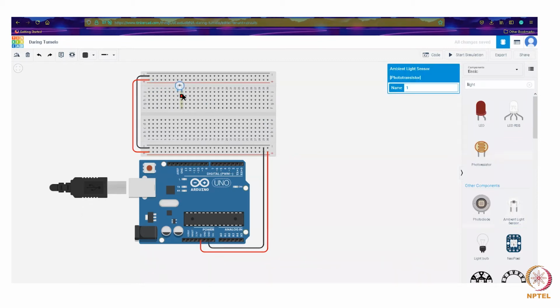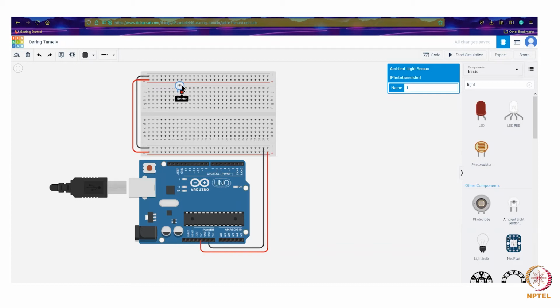The basic logic that this sensor follows is that we have an emitter and a collector. Whenever there is sufficient light, the emitter is shorted to the collector. So whatever supply we give here will be passed on to the collector.